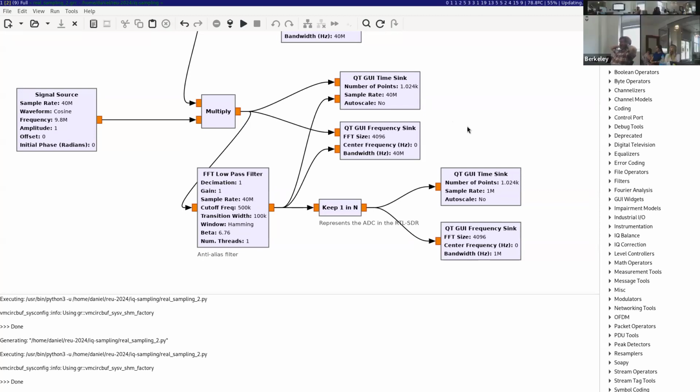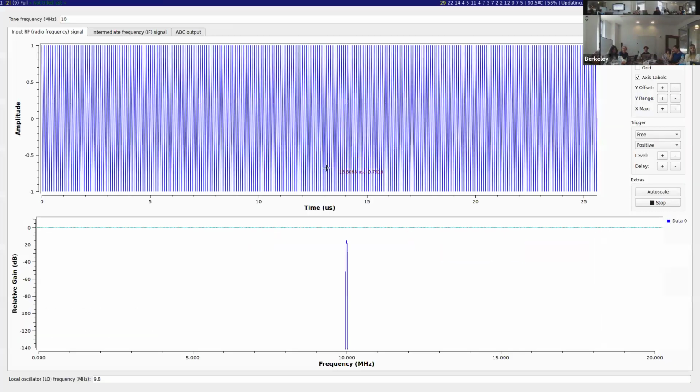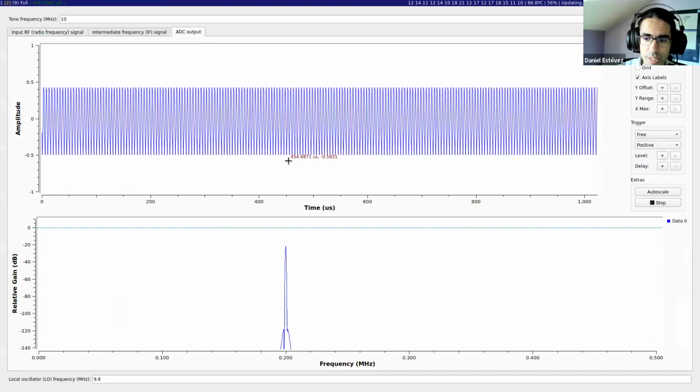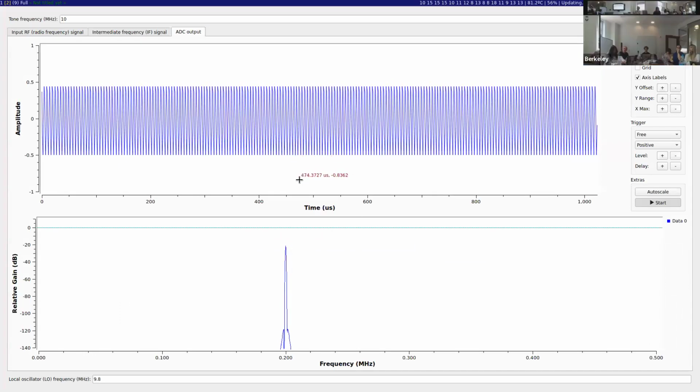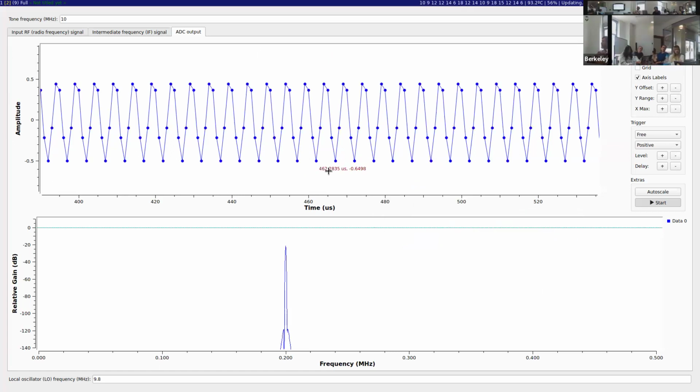Why decimate it to 5 points per cycle on the ADC output tab rather than, I think 4 points per cycle would get you to the Nyquist frequency? Can you repeat again the? On the ADC output tab, if you zoom in, I think you have like 5 points per cycle, and I'm wondering why. Like, would it be preferable to get down to 4 points per cycle for the Nyquist frequency, or is